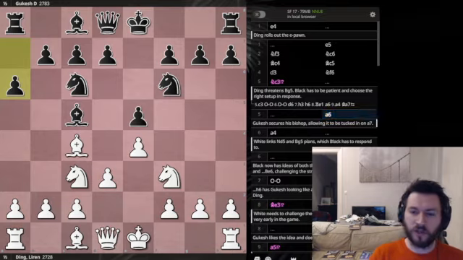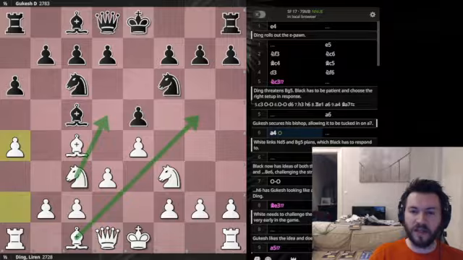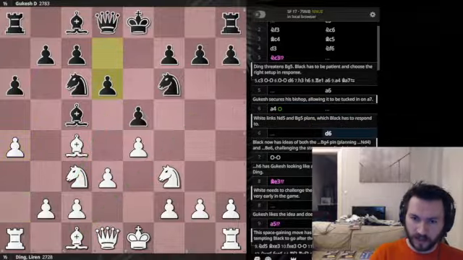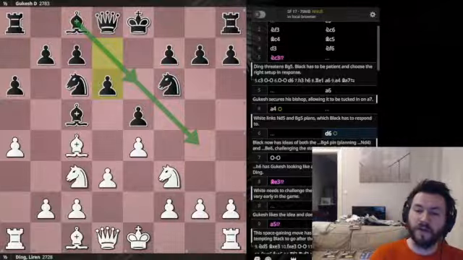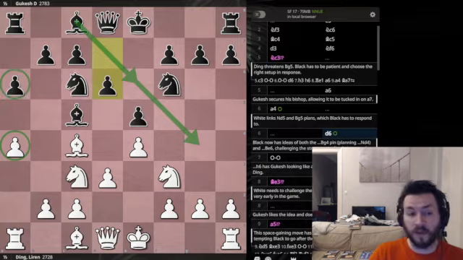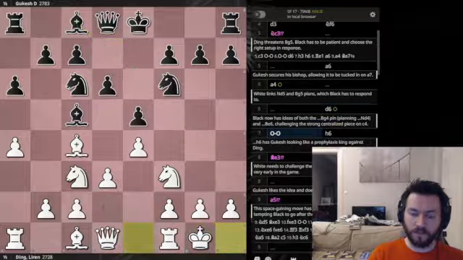a6, Gukesh secures his bishop, allowing it to be tucked in on a7. a4, white links knight d5 and bishop g5 plans, which black has to respond to. d6, okay. So this has ideas like bishop g4 or bishop to e6. Bishop g4 would threaten to go knight to d4, kind of like white's idea of bishop g5 threatens to go knight d5. A lot of potential symmetry here. It's basically making the argument that including a4 is a little bit better than including a6, especially if you give me an extra tempo. So castles,